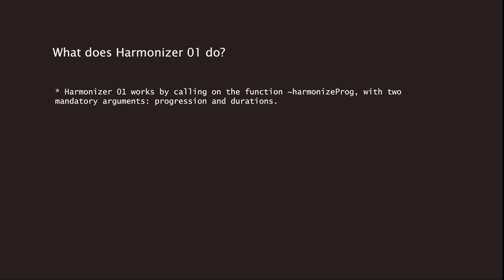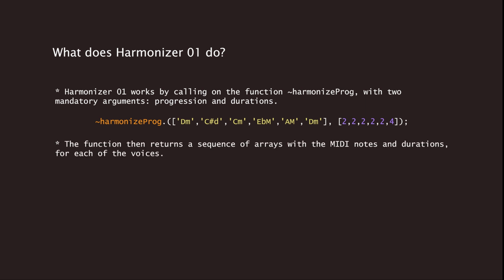Harmonizer 01 works by calling on the function harmonizeProg with two mandatory arguments, progression and durations, where progression is an array of symbols and duration is an array of numbers, of either float or integer type. Both arrays must be of the same length. The function then returns the harmonized progression in a multidimensional array that stores both the MIDI notes and durations for